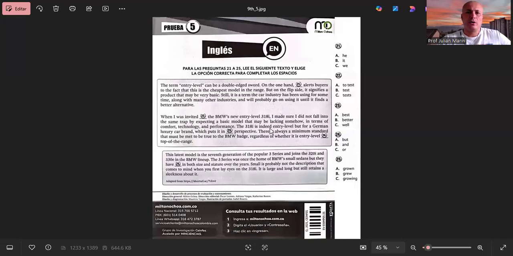We're going to start by sharing the screen so we can take a look at what kind of exercise we're solving today. Remember, the first thing is that you need to understand the nature of the exercise. In this case, we have a text, and then we have some gaps that we need to fill with the options that are given for each one of the questions.